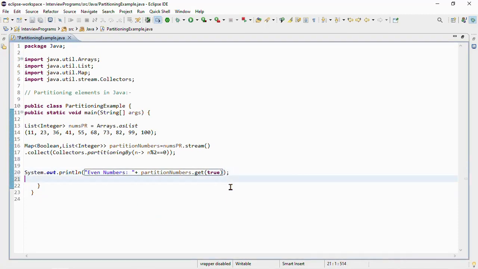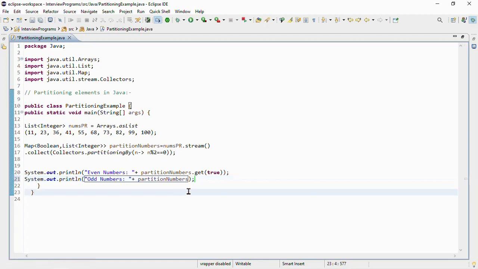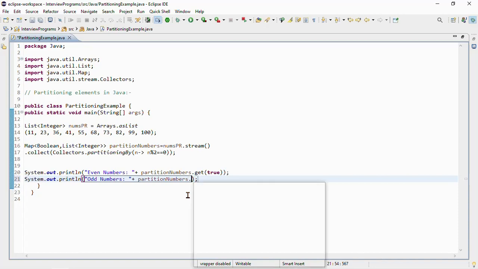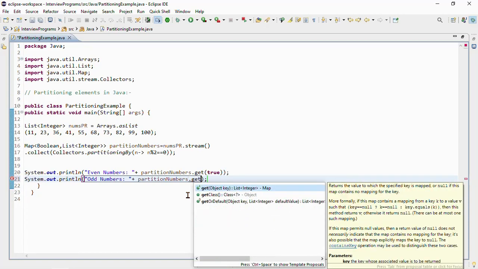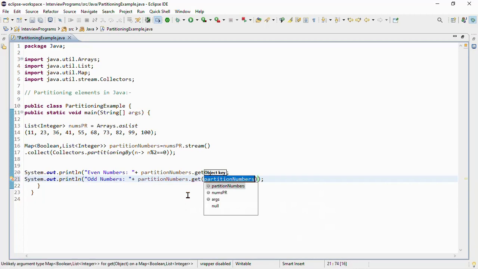And again use the sysout method and pass the message as "Odd numbers:" plus partitionNumbers.get(false).